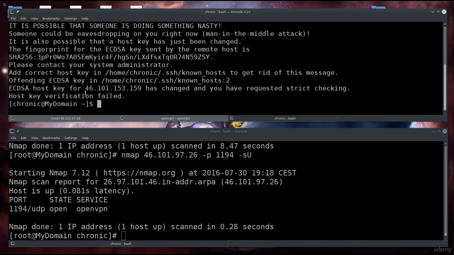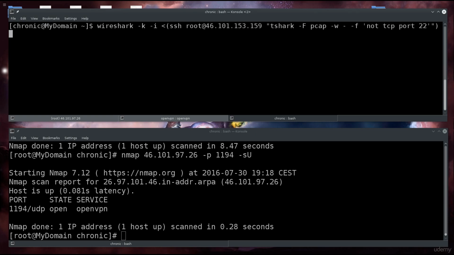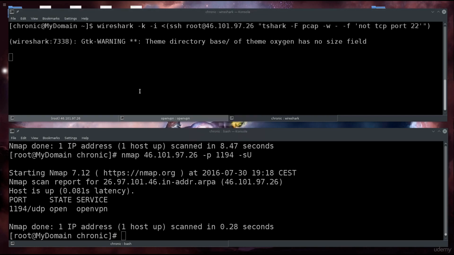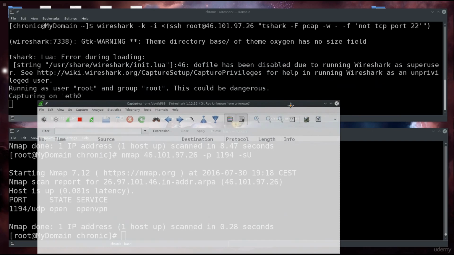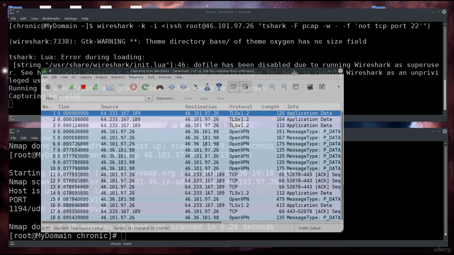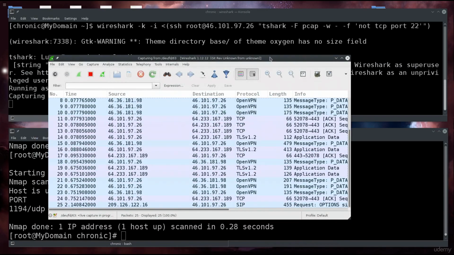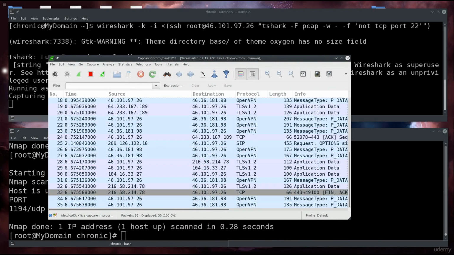Okay, let's just go ahead and close this. Clear the screen, and this is not even the proper IP address, so let me just go ahead and promptly change that. So 46.101.97.26, and let's go ahead and do it now. Okay, so it says running as root group root. This could be dangerous. Yes, I am well aware of it, but this is our traffic from the